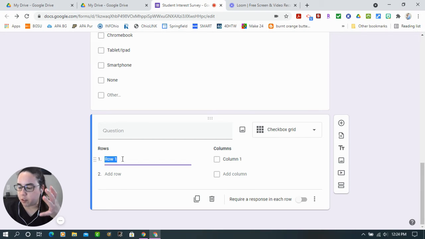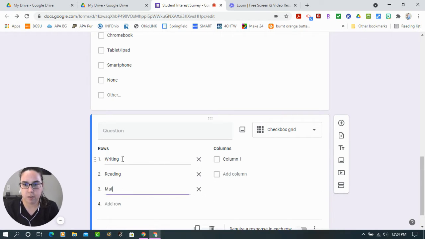So like when it comes to science, I want them to rate themselves on a 1 to 5 scale about how they feel they are with it. So are they really good at it, or do they feel they're an expert, or they feel they're not very good at it? So let's go ahead and do writing,